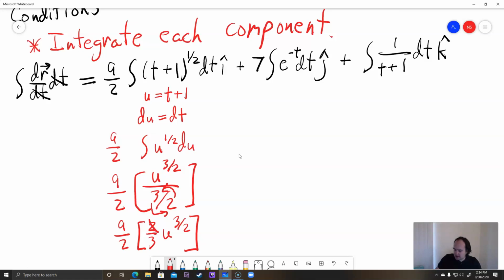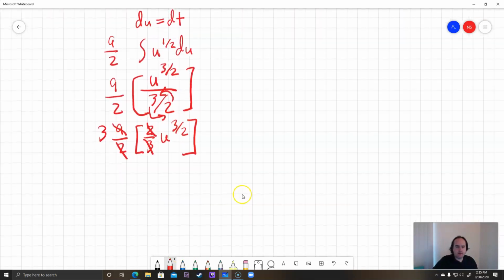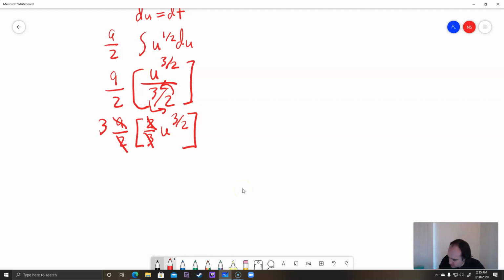So the 2's cancel out, and 9 divided by 3 is 3. So we're going to be left with a 3 on the top. Okay, so we actually have 3 times u to the 3/2, and remember u for this first integral was t plus 1, so we're going to replace u with t plus 1. So for this first component, we have 3 times the quantity t plus 1, quantity of the 3/2,